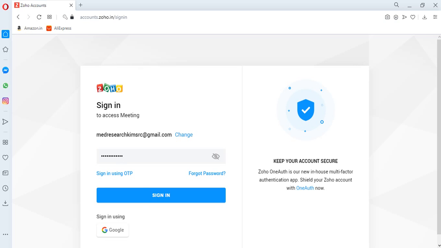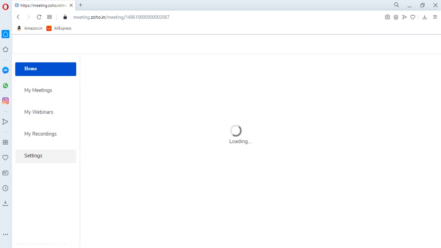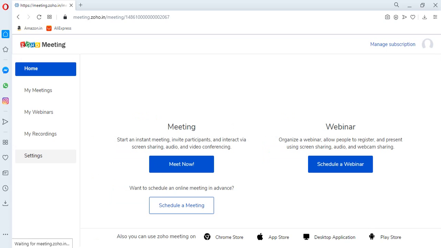So here I am pressing on the sign in option. Now when you log in, it will take you to the login. Here it has not asked OTP for me, but for the other email IDs which have been given for the faculties, you have to log in by entering OTP only. That OTP will be given in our KIMS group.